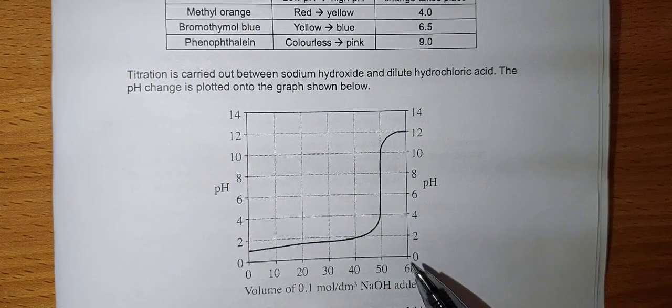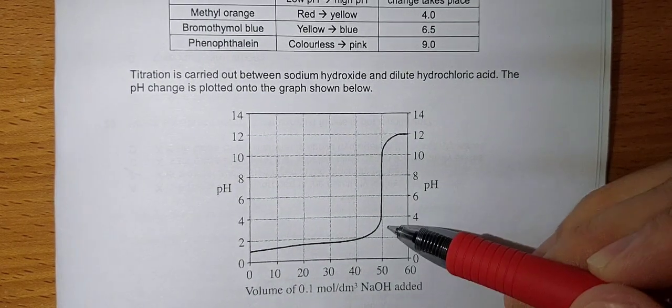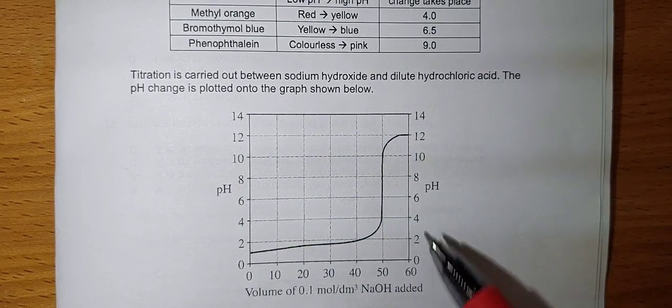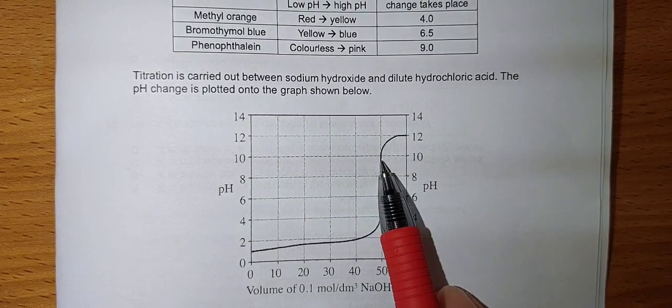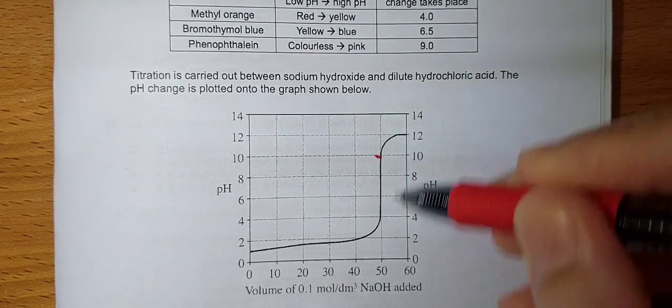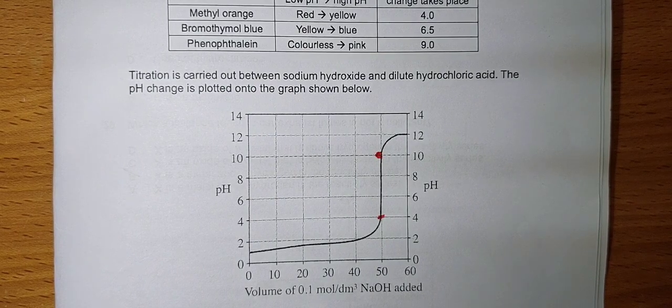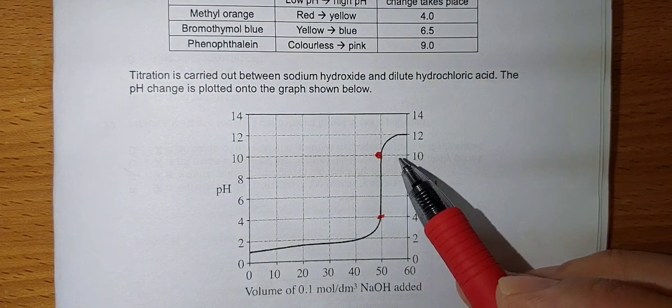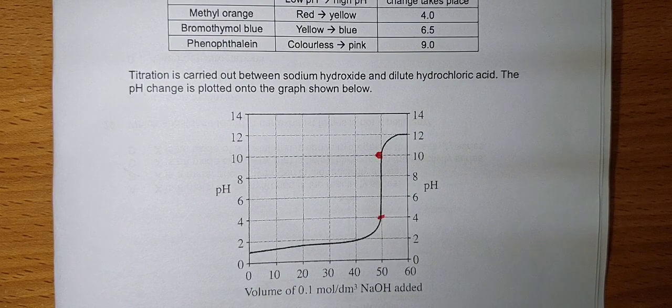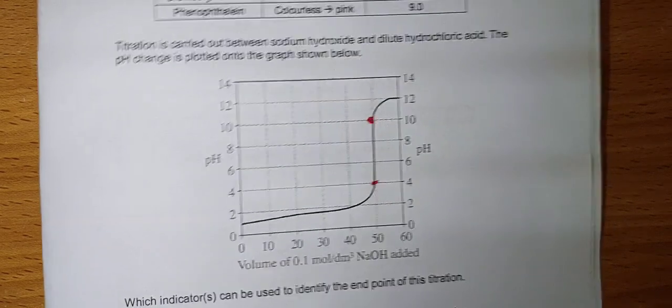So from this graph here, we can tell that the endpoint happens over a range of pH from pH 4 all the way to pH 10. So this is where the endpoint of the titration happens, over a range of pH from 4 to 10. As long as the indicator changes color over this range of pH, the indicator can be used for this titration